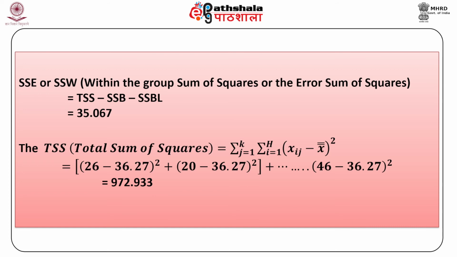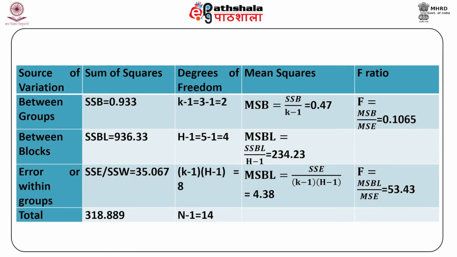35.067. And what is the total sum of squares? The total sum of squares, on substitution of the values obtained from our formula of double summation of x ij minus x double bar squared, is equal to 972.933. So if I summarize all these calculations in our two-way ANOVA table,